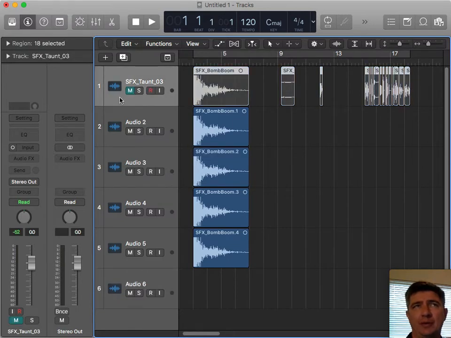You would mute this track. Make sure you do not bounce the original sounds from the game back into it. Bounce your own version. Do not include the original, and you can go through and build each of your sound effects and bounce them out one at a time.